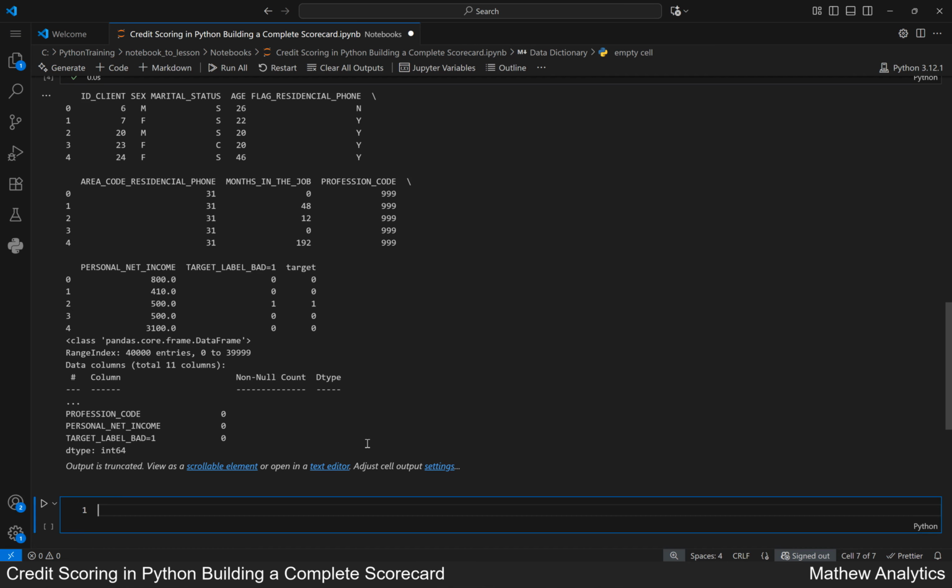Visualize missing values to quickly assess data completeness. We add a comment to explain that we are visualizing missing values with a heat map. We create a new figure with dimensions 10 by 4 inches for the plot. We generate a heat map showing where values are missing in the accepted data frame, without a color bar, using